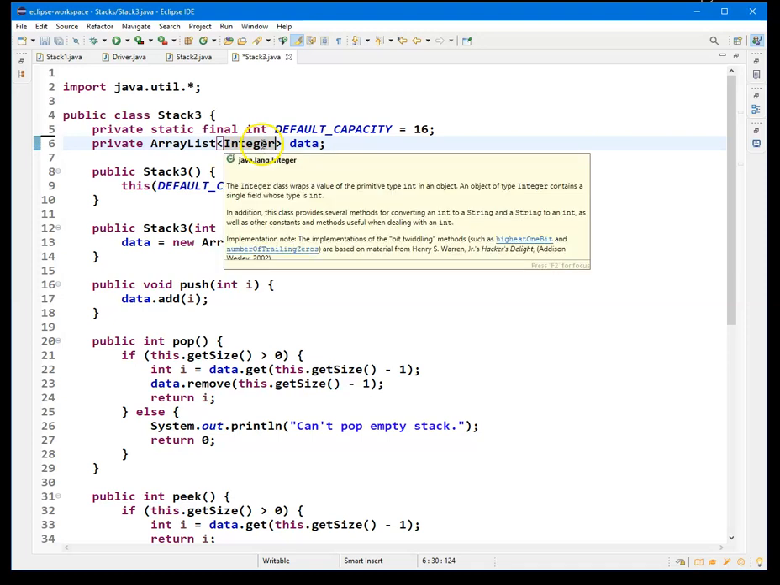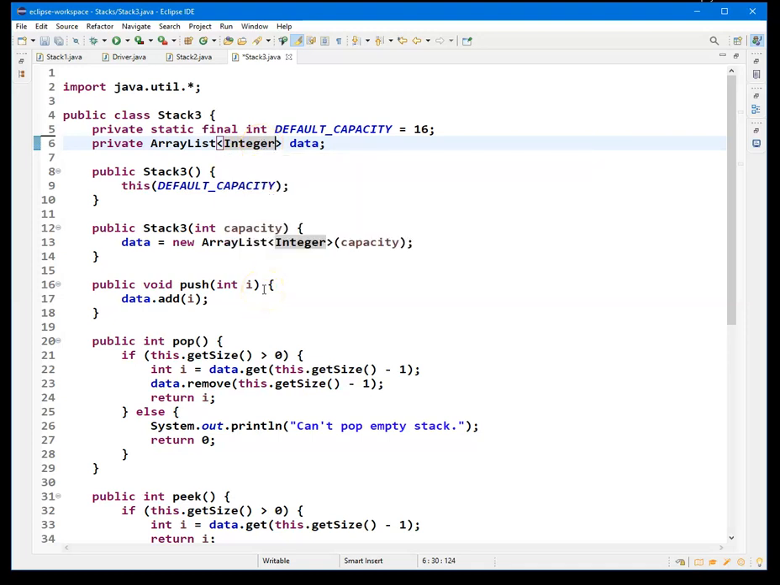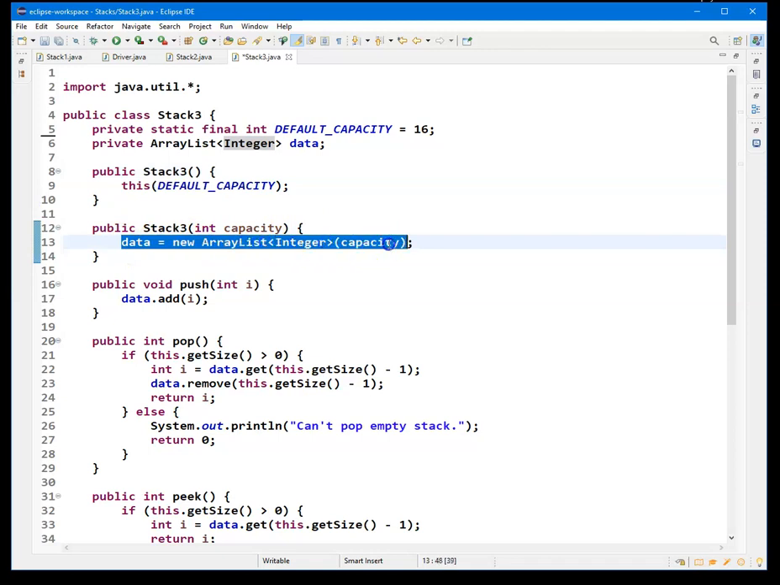Basically all the simple data types have what are called wrapper classes that convert that simple data type to a class. The int has the capital Integer. That's what we're doing here. I'm trying to mimic exactly what you had before: if you have no parameters, use the default capacity. This is basically creating that data structure there. You create an ArrayList of Integers with that capacity,